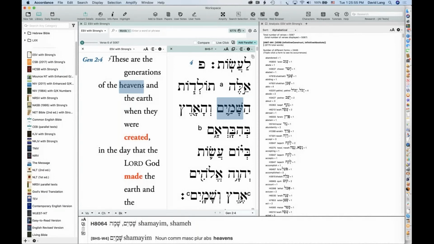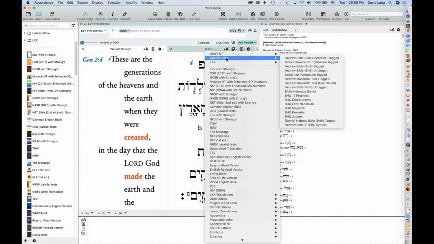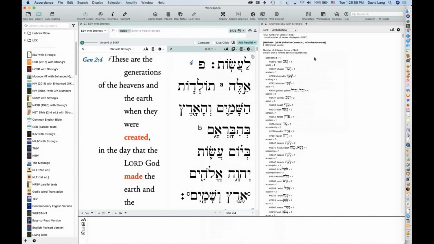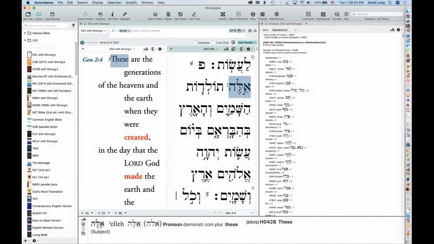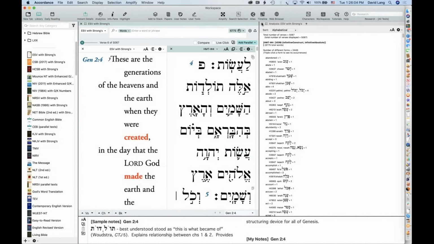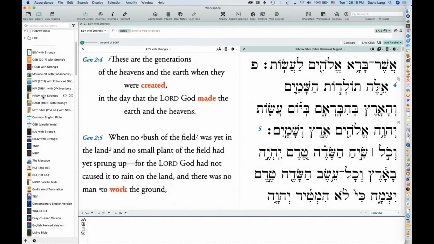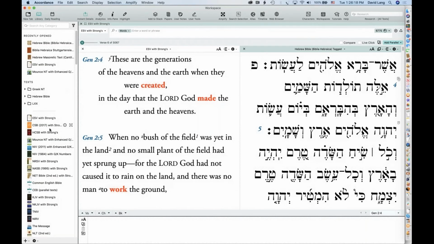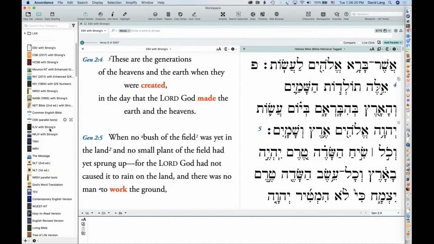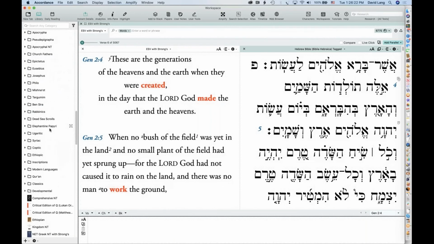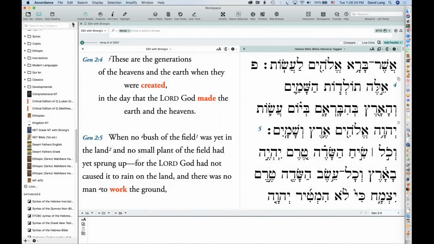Great. At one point early on, you mentioned something about the syntax being displayed in the instant details palette. And the question was, how do you get that to be displayed? It might be more of a question on how do you know you have the syntax add-on or not. Right. So the syntax is, you can open up your library, and it should be after my texts. Well, let's just, I think I can just go to databases.